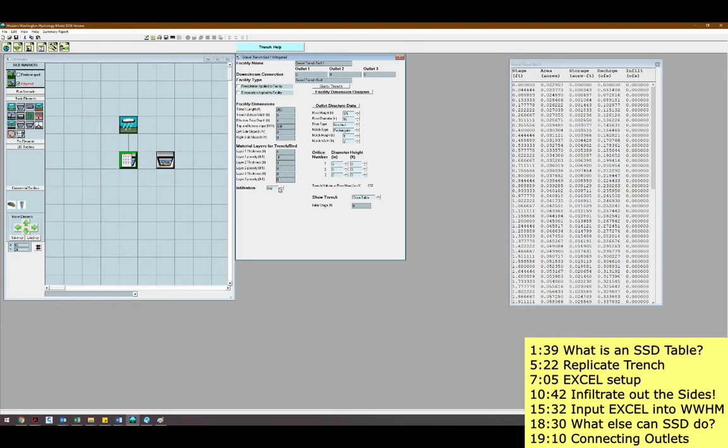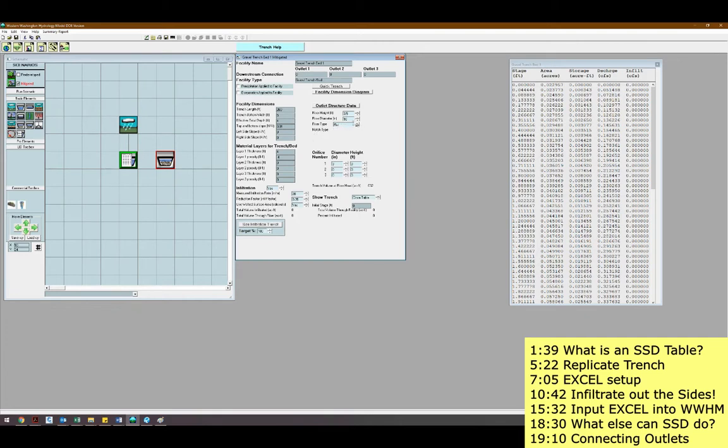I'm going to create some infiltration for this. I like that 20 inches per hour value. I'm going to put in 0.25. Again, this isn't going to do anything. I can turn it on, but because I don't have any sidewall slopes here, it's not going to affect any values. Now I'm going to come over here to my outlet structure data, and I'm actually going to change this